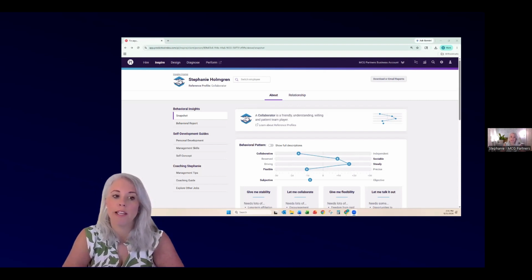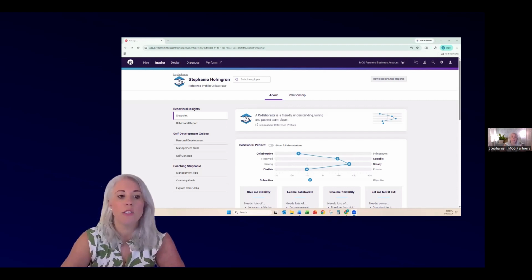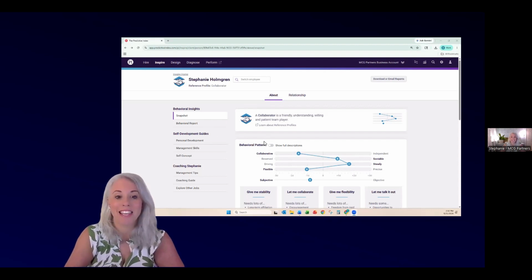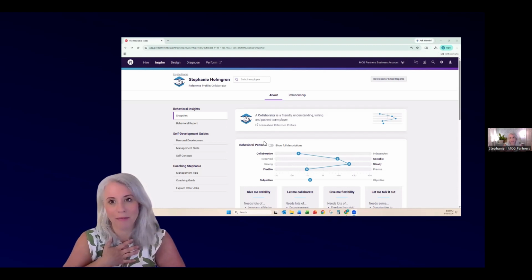The behavioral report gives you insights into employees' natural drives, needs, and strongest behaviors and preferred work style. It can help you understand how someone naturally communicates, responds to pace, and approaches work. The placard gives you a quick reminder of how to interact with the person. It gives you simple language like, let me collaborate. Let me think it through. Give me variety and give me flexibility. That's mine, for an example.